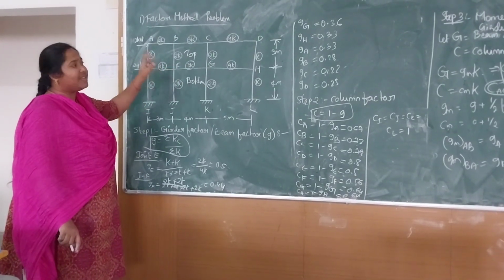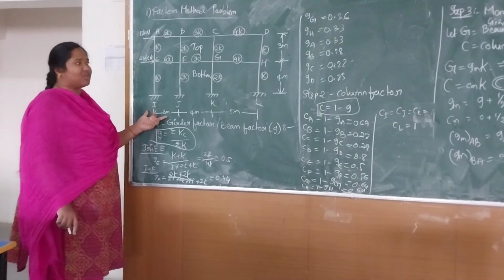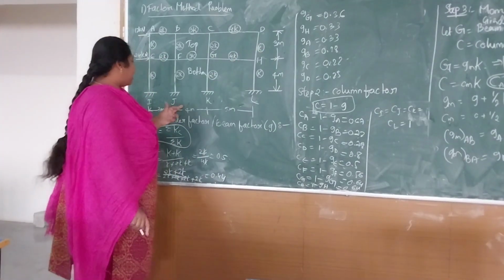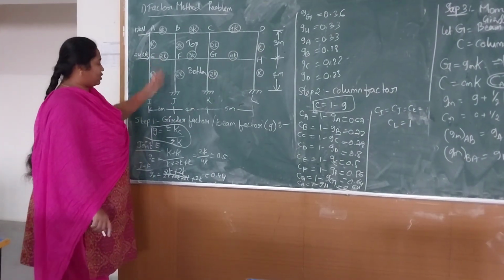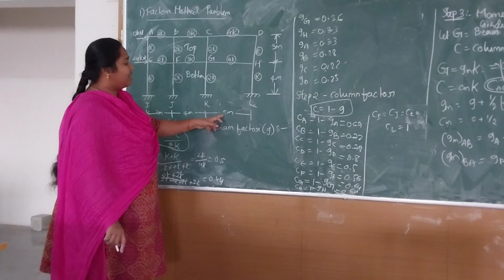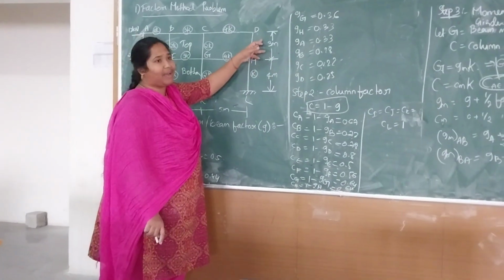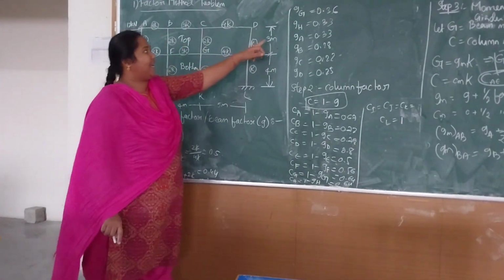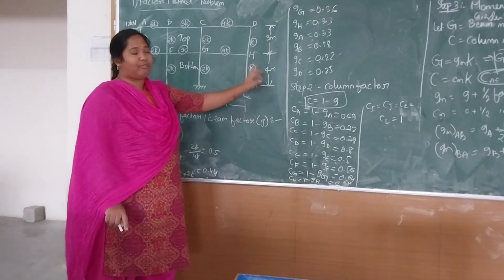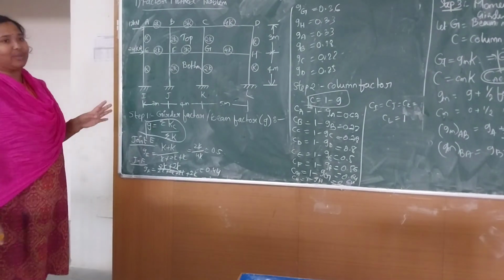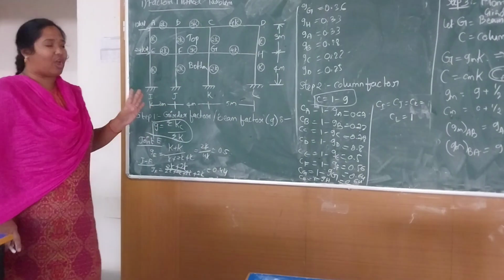In the given question, stiffness is given, and even column length and column height are also given. Column lengths are 4 meters for the second column and 5 meters for the third column. And the column height for the top floor we can take as 3 meters, for the bottom floor 4 meters. Now for this we need to calculate beam moments as well as column moments.